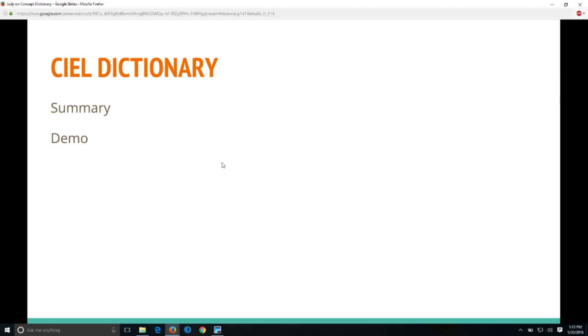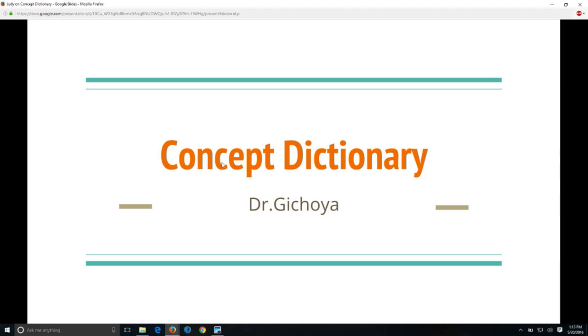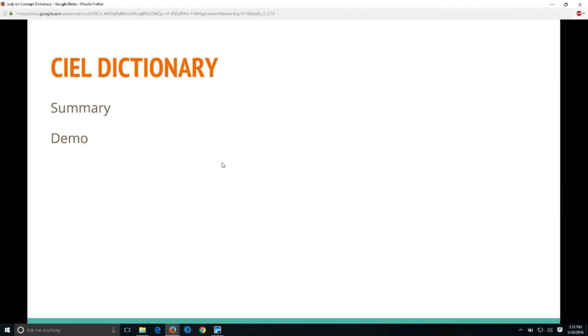What you can think about is, you have all these classification systems, all the 6 of them, and there are multiple others. And on top of them, you have a CIEL dictionary, which is an interface terminology that unifies one term that is mapped to all the different 6 terms. And just to show you a better understanding of the dictionary,